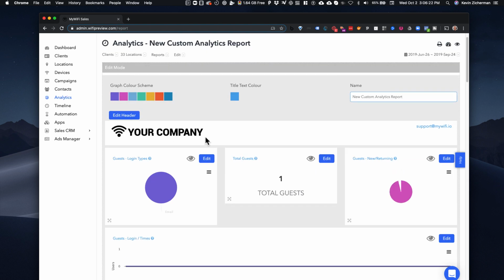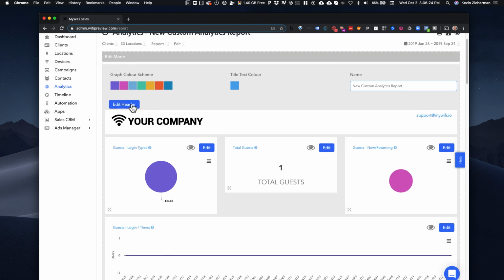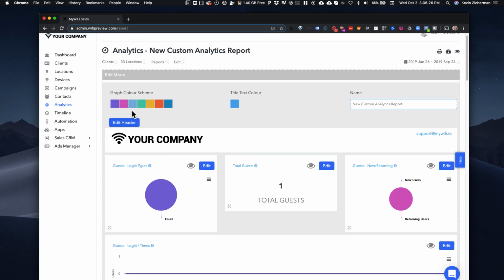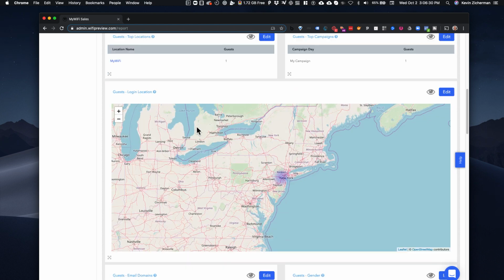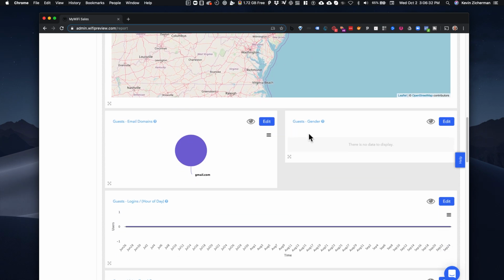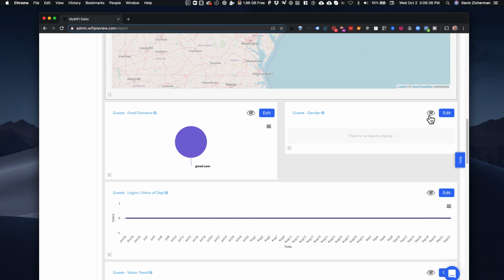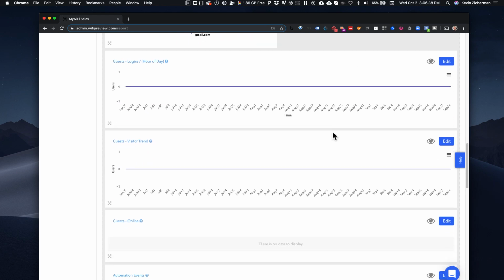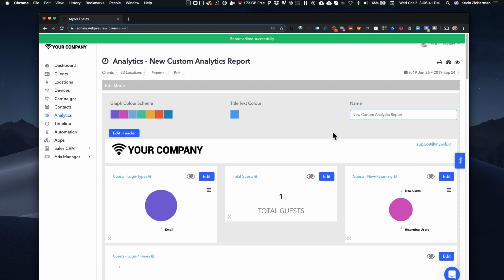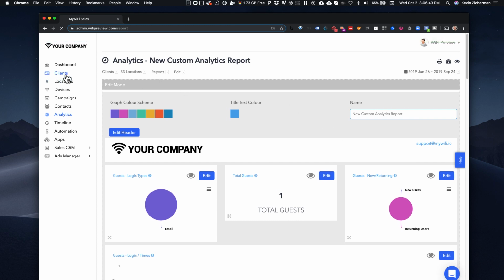Here's where you can upload your company logo. You can change the actual header view. If you want to change the layout of exactly what's seen at the top, whether you want to show your company domain, you can add and remove different elements. Let's say you want to hide the map version. You want to hide gender if you're not collecting it. So you can customize this chart as you wish, or this report as you wish, and then later, inside Clients,